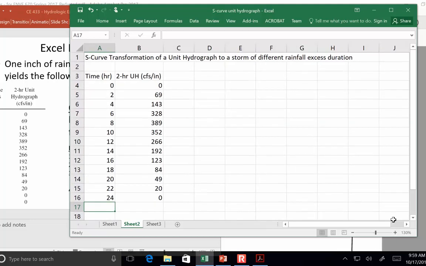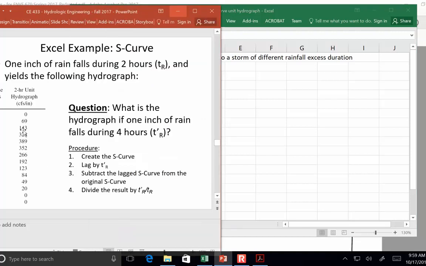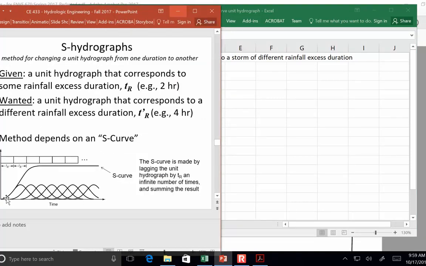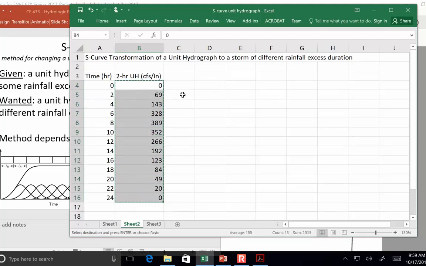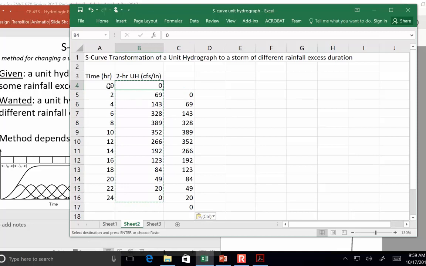Okay, so once you get it on there, we're going to need to repeat this same hydrograph over and over again, but it's going to be delayed. So if we go back to what this looked like, here's our original actual hydrograph. We want the same thing, delayed by the duration of the storm. We were told that this hydrograph is because we had a rainfall excess event of 2 hours. What that means is we want to take the same hydrograph, copy it, Control-C, and then paste it with a 2-hour lag. So you'll notice instead of the 0 runoff starting at hour 0, now I've got this lagged one